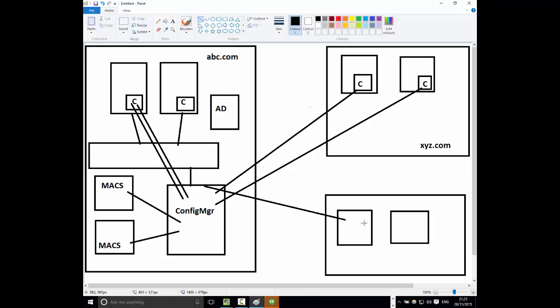So, but these ones that are out here, they are not known clients, they are unknown clients. But they are out there on the internet. How do you also bring these guys into your configuration manager environment? So these are weird stuff, but they're interesting stuff because you may be like, yeah, our environment is kind of small, but it's good to still know how to do these kinds of things. Who knows? It may come up one day, and it's a good thing if you already know ahead of time